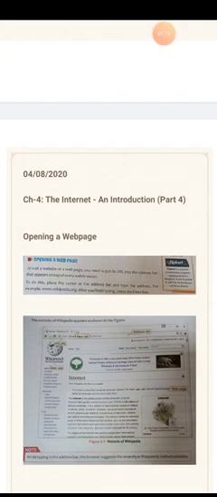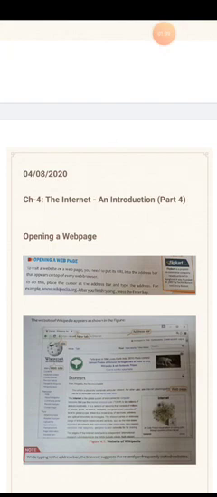To open a web page, that is what is all about today. That's the topic we are going to discuss here and learn how to open a web page. So there are some steps that you have to follow when you open a web page, and those steps are: first, you need to have a web browser.